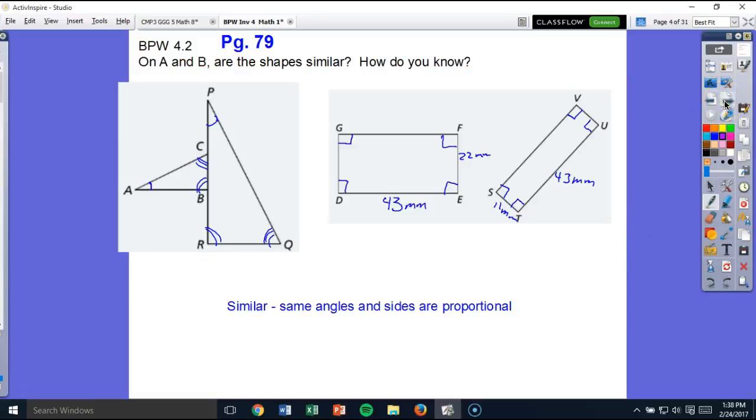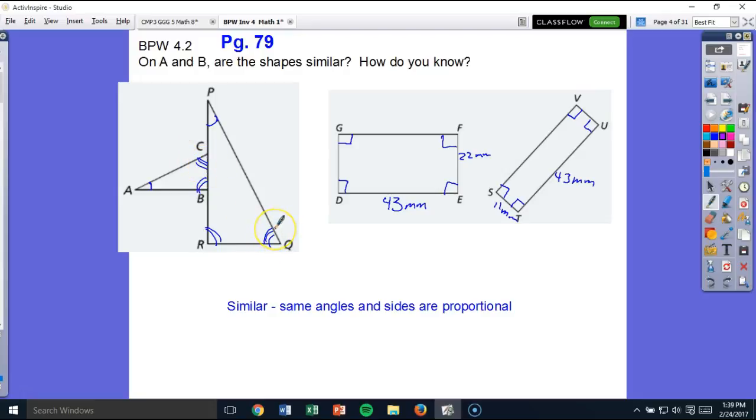So move on to page 79, and Butterflies, Pinwheels, and Wallpaper 4.2. It's asking us, are shapes similar, and how do we know? Well, is this shape with ABC similar to shape PQR, and how do we know this? Well, if we look, we're going to see that angle A is equal to angle P. We're also going to see that angle B is the same as angle R, and angle C is the same